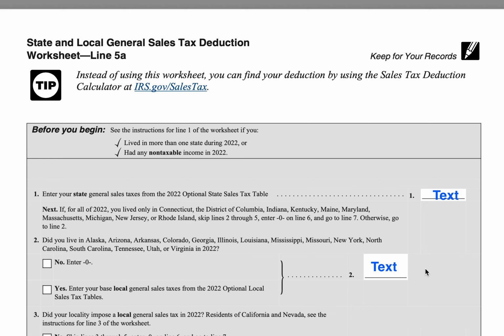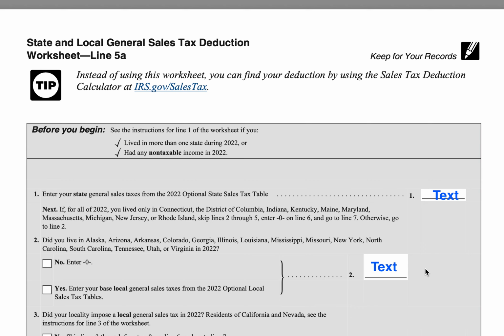On line 5a, you cannot deduct both income tax and state sales tax. So not every taxpayer will use this worksheet. In fact, anyone that uses the standard deduction will never see this. Anyone that itemizes but uses state income tax instead of sales tax would not see this form. And even if you do take the state and local general sales tax deduction, there are three ways that you